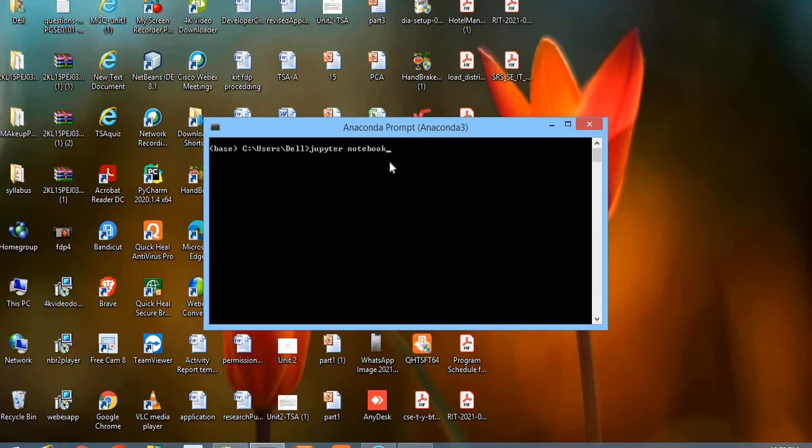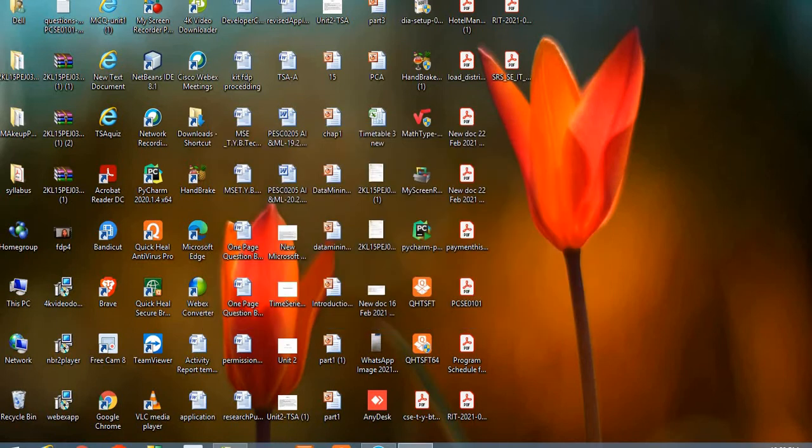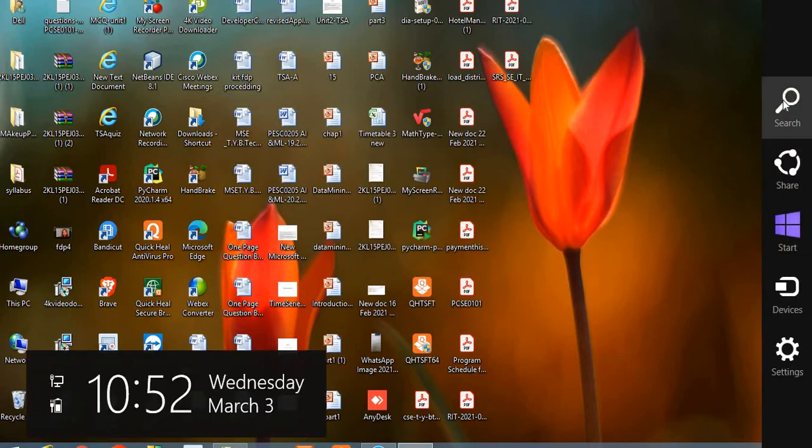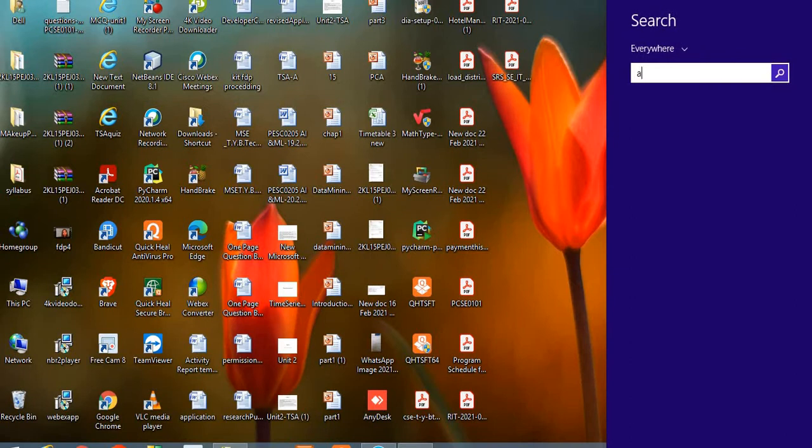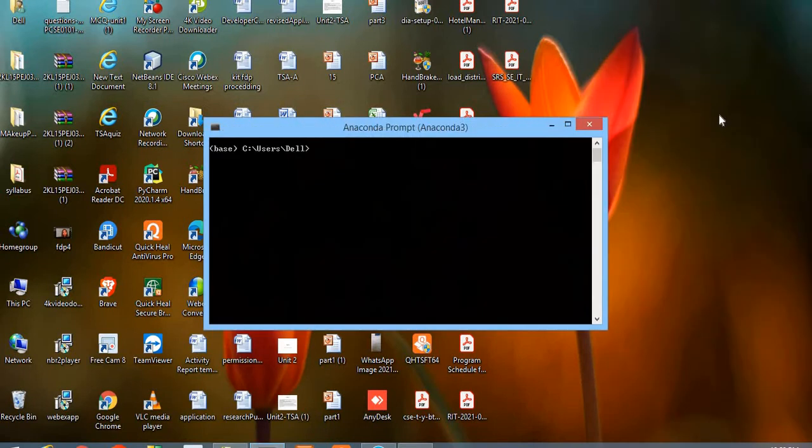Now for this, what you need to do, you need to install Anaconda Navigator on your PC, along with the Python. It already comes along with Anaconda Navigator. Then you can go to Anaconda prompt and type in here Jupyter notebook. I'll show you once again. See here, I'll just type in over here Anaconda prompt. After that I will just type here Jupyter notebook.